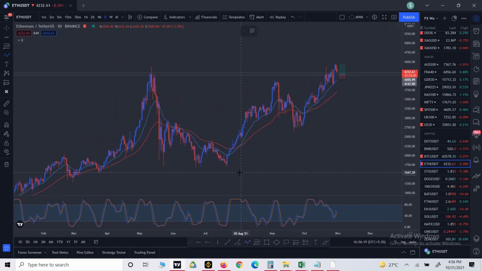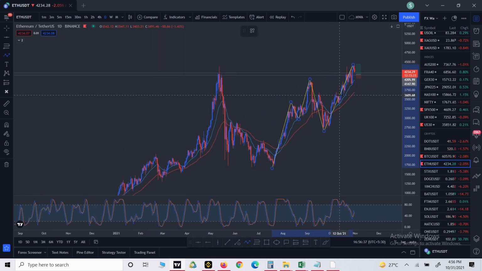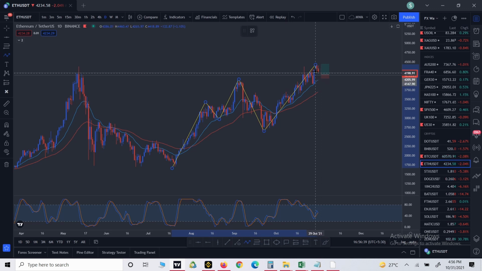And now on Ethereum, starting from here, we have the higher low, higher high, lower low, because the price broke and closed below the previous low. Then the price broke and closed above the previous high, or this high as well. So now because we made a higher high, we are continuing this long uptrend here. So in terms of the daily, this is just a bear break and close, but still